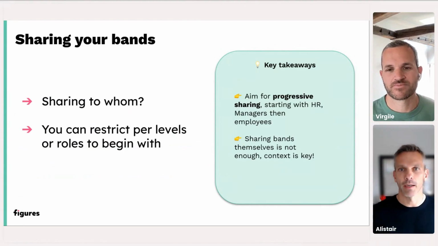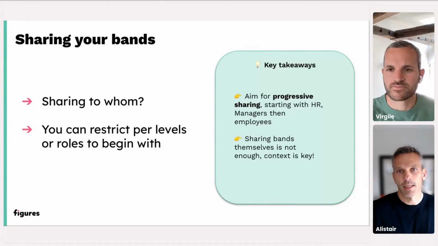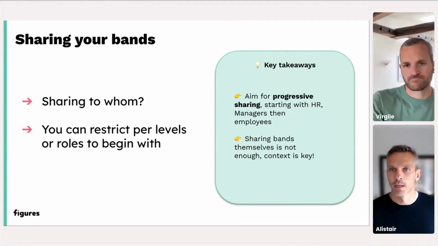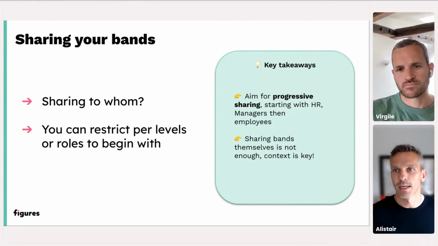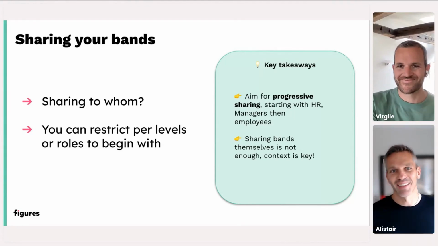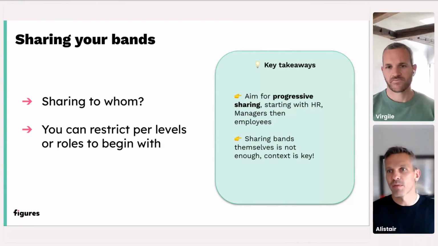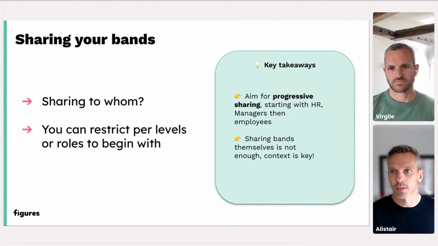So I think sharing with everyone, as you say, and putting them onto job adverts will become the norm in the next few years, especially with the EU Pay Transparency Directive. And I think even companies that aren't in the EU, like in the UK, for example, will just follow suit because it's the right thing to do. I know there are obviously different ways you can set up sharing bands. I work in spreadsheets and I've built interactive ones, and we've seen them out there, right? There are companies that have posted these things on LinkedIn and so forth, where they set up a live Google Sheet